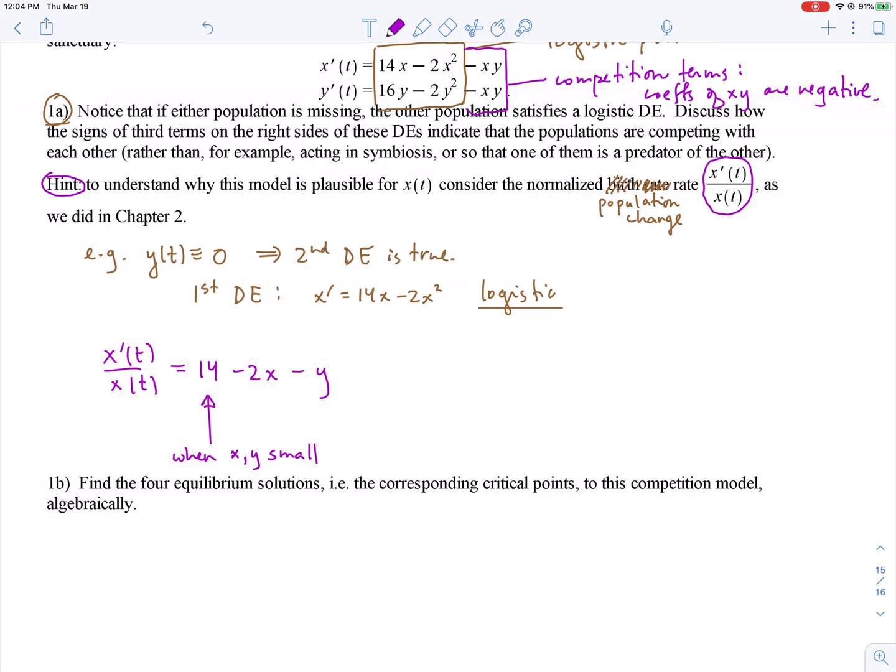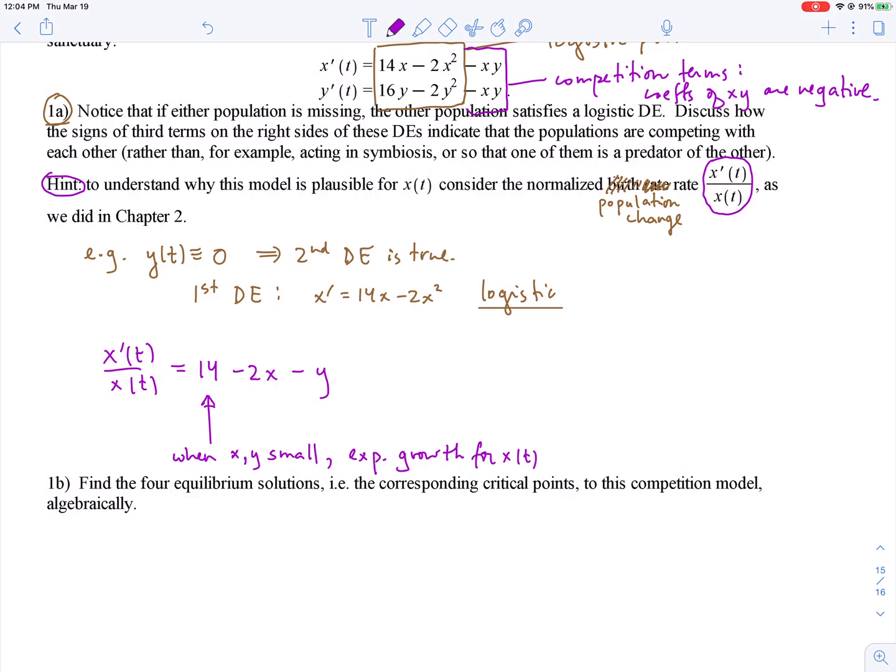The population change rate is just proportional to the population, and you get exponential growth. But as the populations increase,